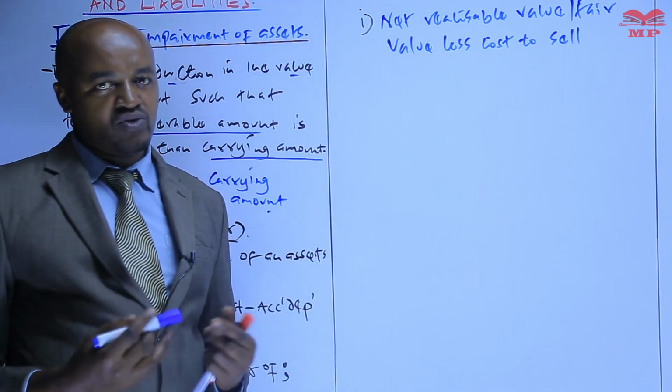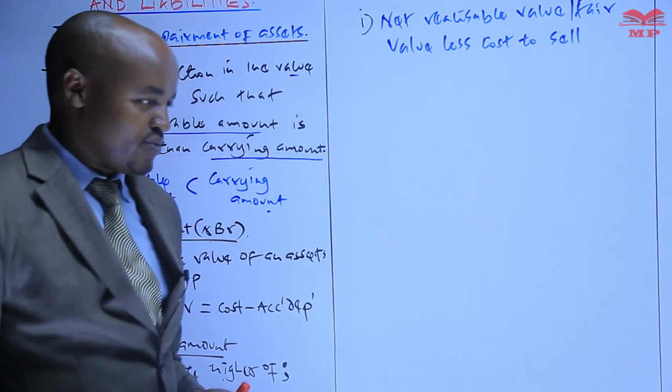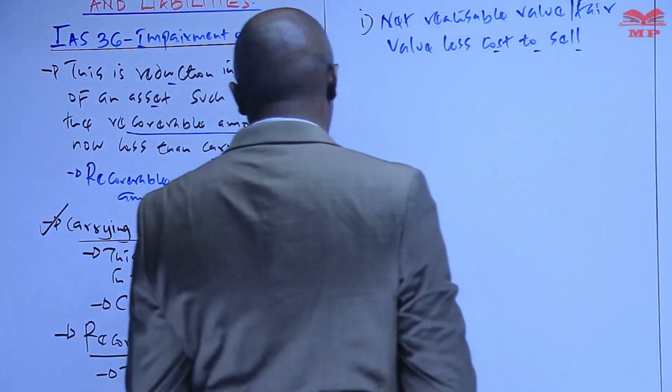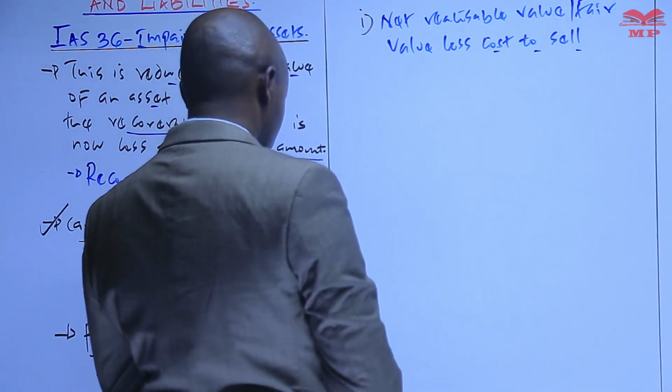So that cost, any cost which will be incurred by the company for the company to be able to sell that particular asset, we refer to that as cost to sell. So we take the higher of that, or number two,